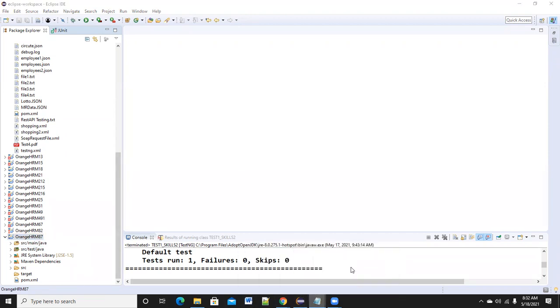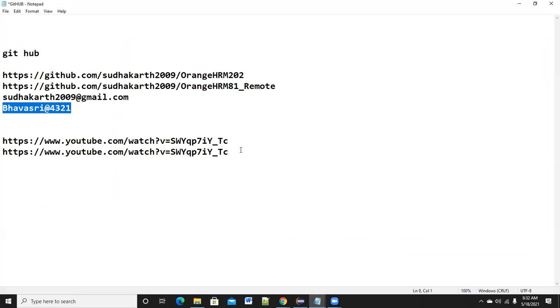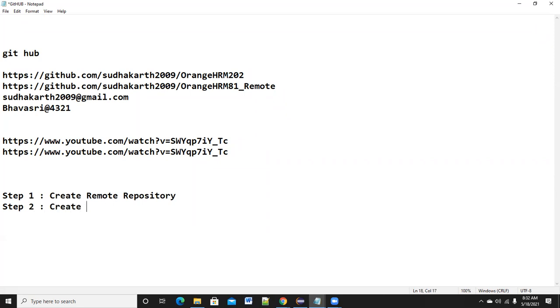So now what are the steps that we need to do? Step one, you have to create a remote repository. Step two, create a local repository in Eclipse.